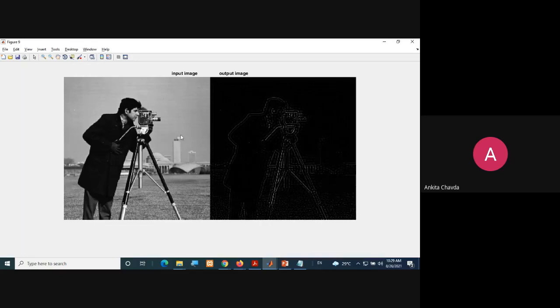See, what is the background here? They all have the same gray color. Have you seen this? So they are all considered low frequency. Only a sharp transition would be there whenever there is a boundary. So the boundary will be here. All the other details are considered low frequency.